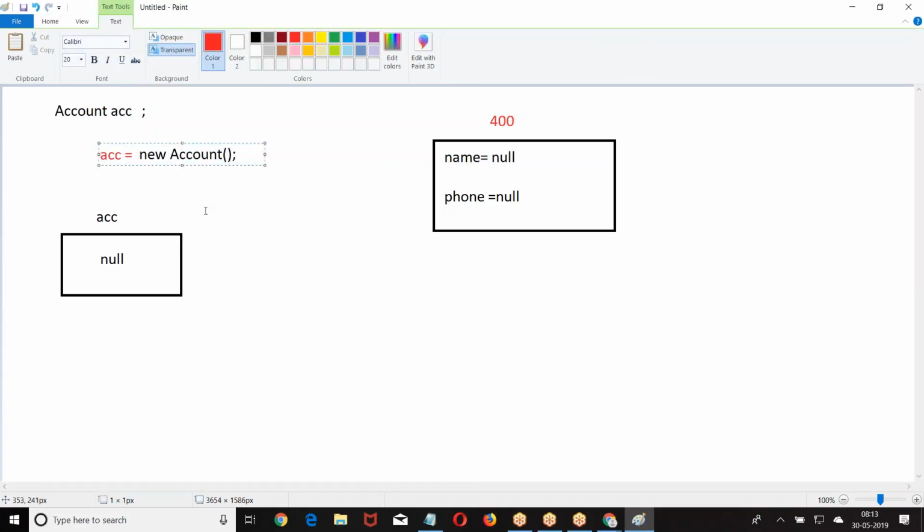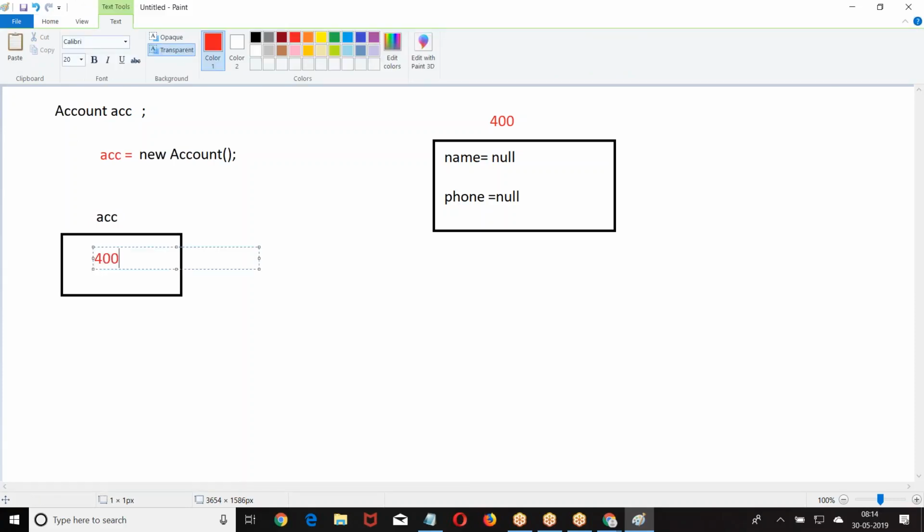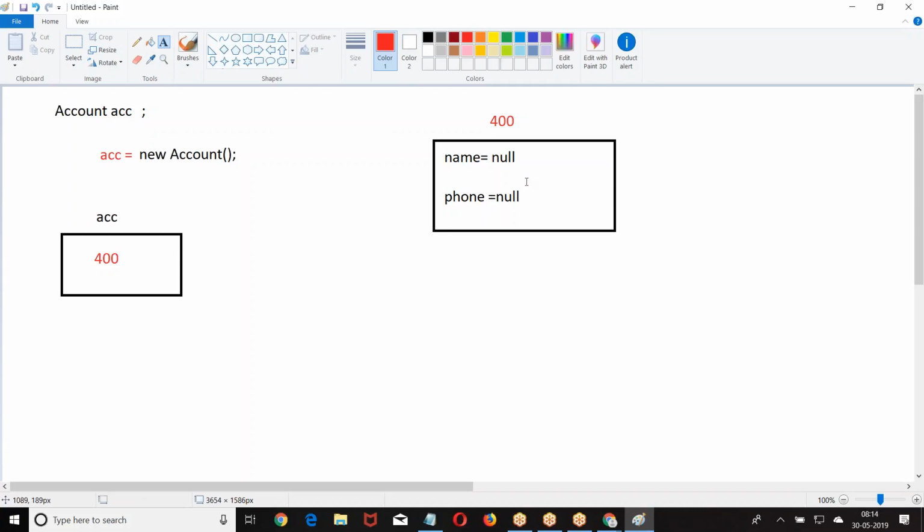ACC is referring to the memory which was allocated by the keyword new. ACC is right now 400. Whenever I say ACC, I am referring to the address location 400.